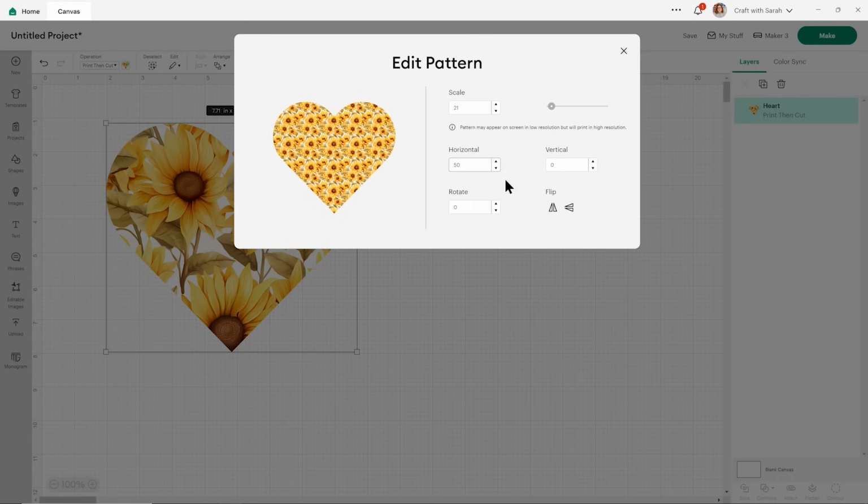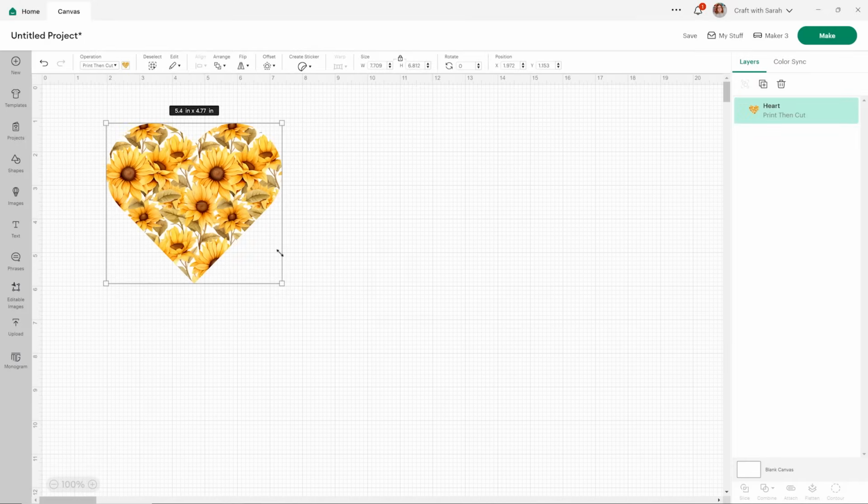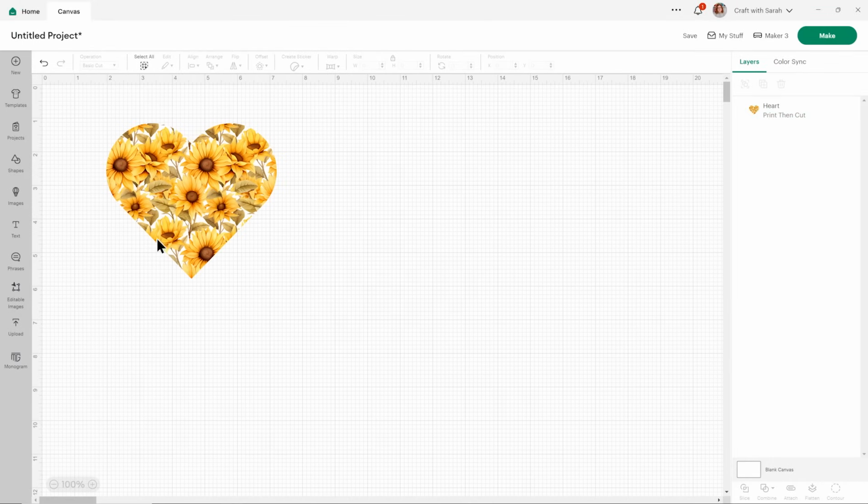For example, if I type a 50 in there, you see it shifts the design a little bit. It's probably going to be more obvious if I make that bigger, go back to 0, it changes the position. When you're happy with how it's looking, you can simply close out of that box and it will update to reflect your change. Again, it might take a little while before it updates, so be patient, especially if you're on an older or slower computer.